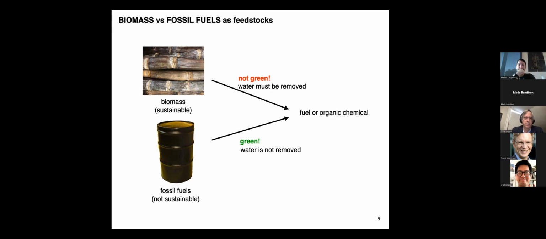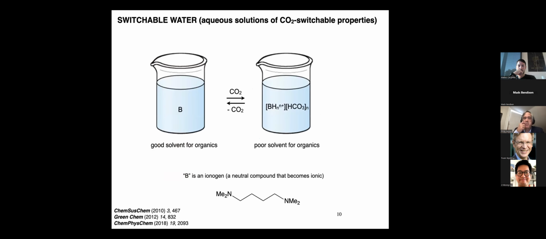And you know what that's going to do. That's going to put the energy cost up because the heat capacity of water and the heat of vaporization of water is so high. So this is why biomass conversion is not green. And if we want to have a sustainable society in the future, we need to be able to get water away from products without hurting the environment so much. This is crucial. And so we've been working on using the switchable materials to try and solve this problem.